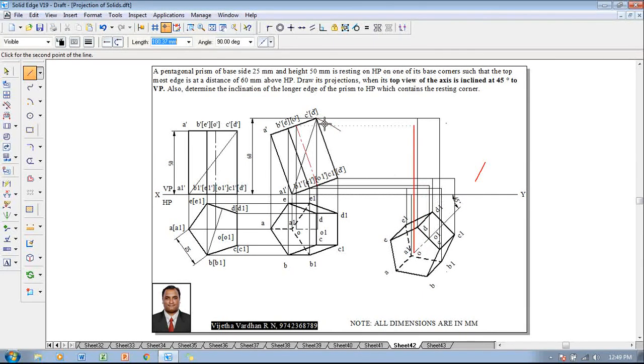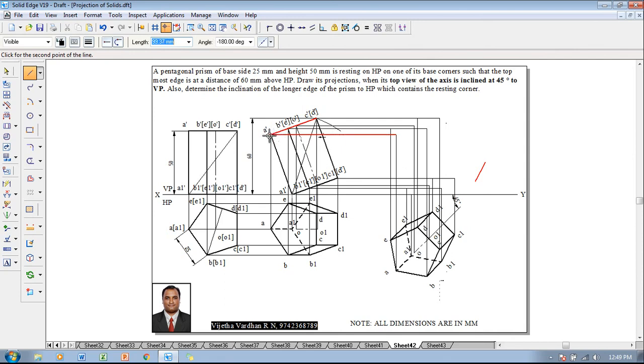Lock the angle as 90 degree to avoid any confusion. Then O is going to be projected till this height. And after O we have B, so we'll connect B to B. Along with B we have E, so let us project E also. And then the remaining is A, so locking the angle as 90 degree to avoid any confusion.